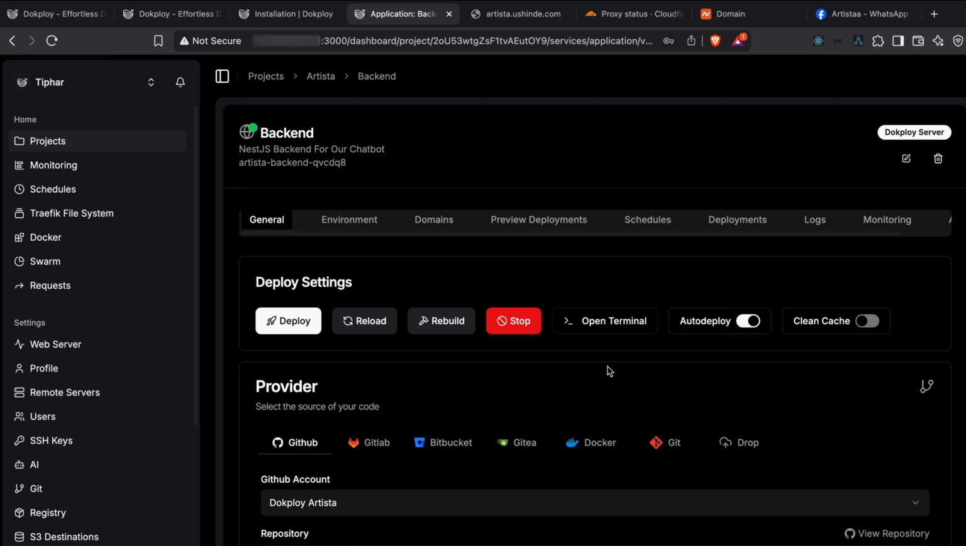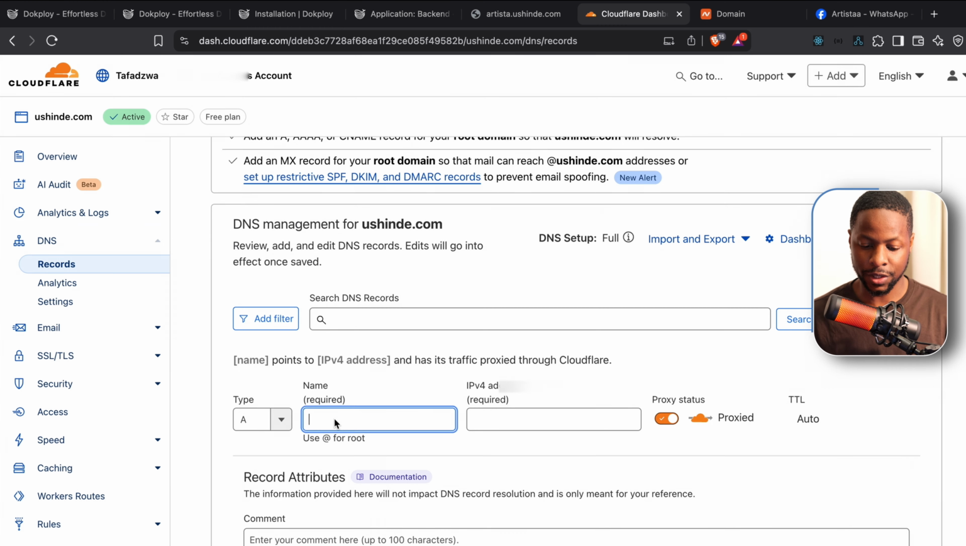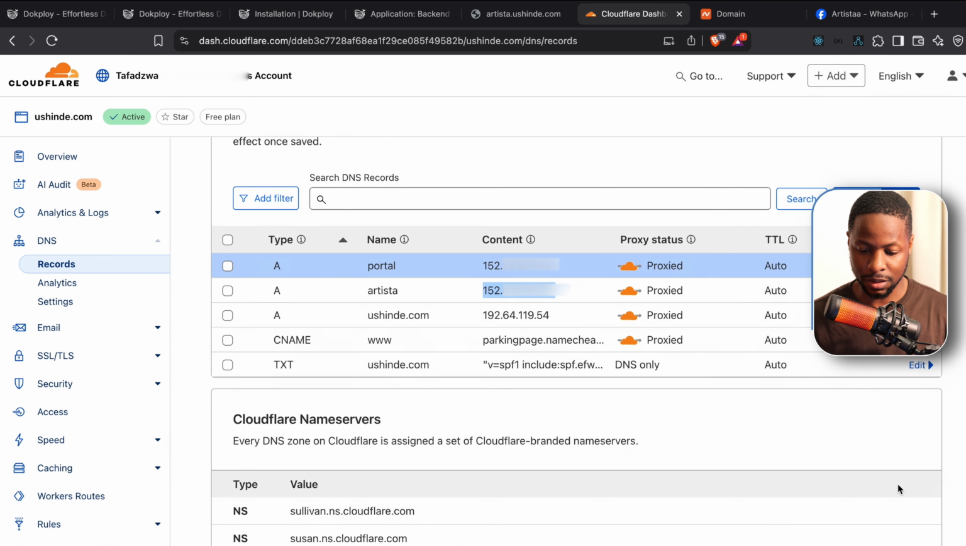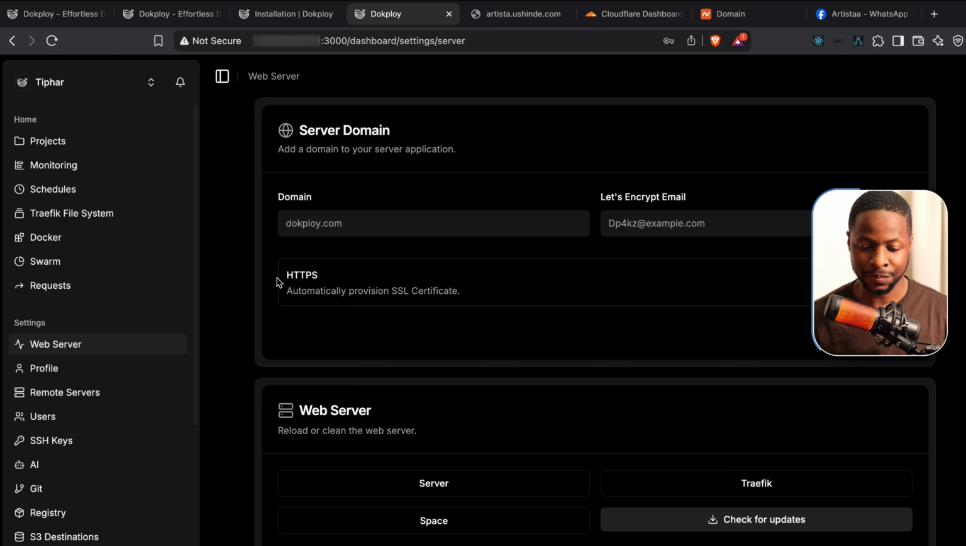The last piece of the puzzle is that our Dokploy admin portal is being accessed via an IP address. So let us also configure a subdomain that will point to our Dokploy instance. Under records, we're going to create an A record for portal.ushinde.com, then the IP address. Click save. Click on web server,